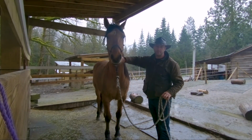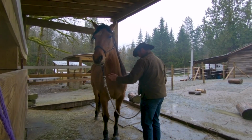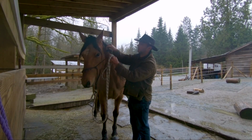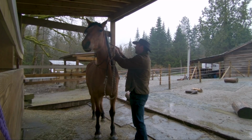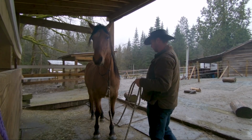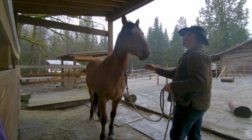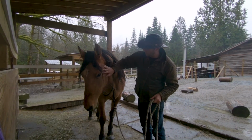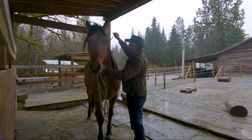Okay, we're back. Camera fell off with all that wind and stuff, so. Okay, still bugging her with the halter. Now I'm gonna take it off. Put it around her neck. Because these scared ones, these worried ones, even the normal ones will try to leave when you take a halter off. I'm always going to be reminding her that even if the halter comes off, it's not time to take off and leave and evacuate. So every day